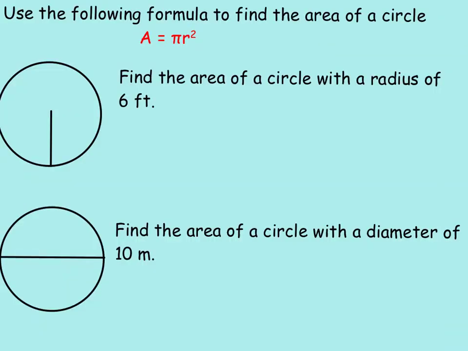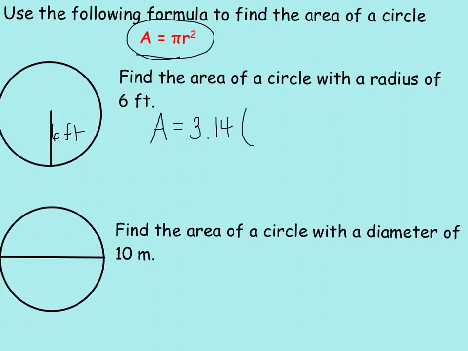Okay, now let's go ahead and find areas of circles. Here is your area formula. The area of a circle is equal to pi times the radius squared. So let's jump right in. Our first circle has a radius of 6 feet. So using our formula, the area equals